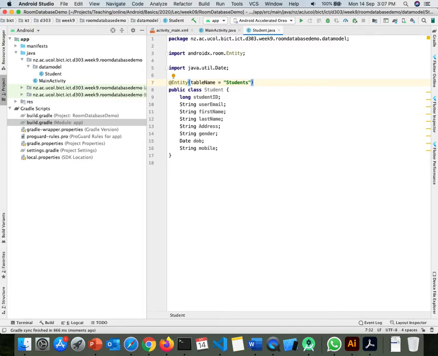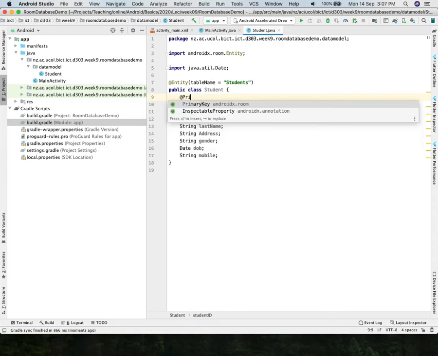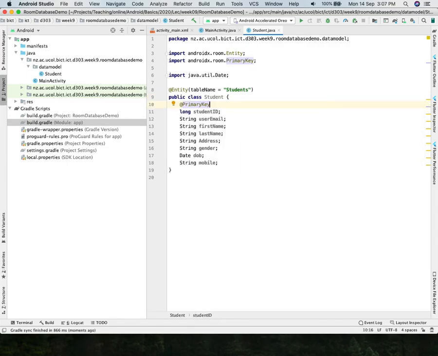The other thing that I want to do here is annotate different things. For example, I want to tell that it's a primary key. Do you want to auto generate that primary key? We can say bracket and then auto generate, and then we make it true. Do we want to do that? It depends on what you want. Sometimes you want to make sure that you are providing the value yourself, but let us say that we want to auto generate it. If we don't auto generate, then we have to make sure that we are providing the value of the student ID, and it should be unique and